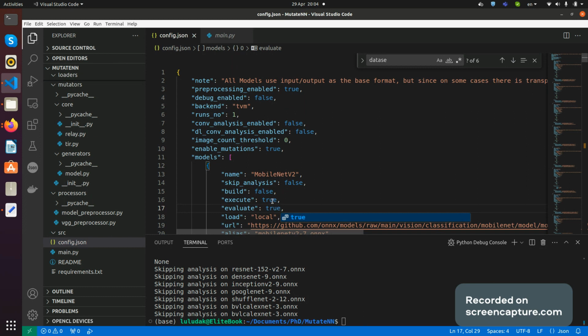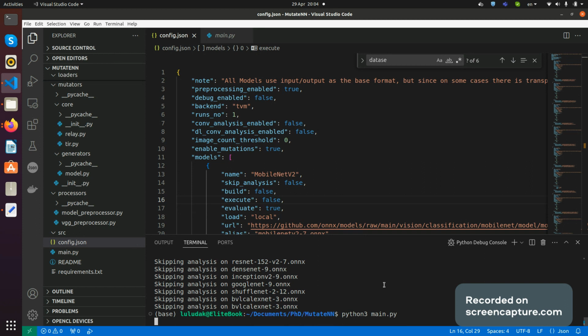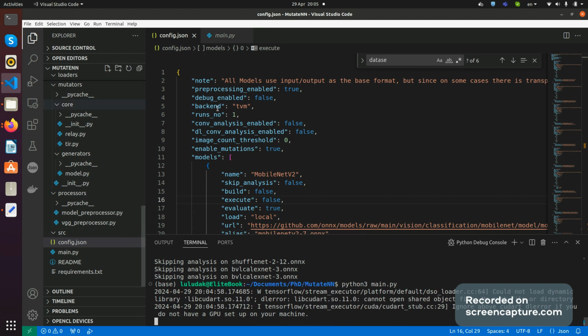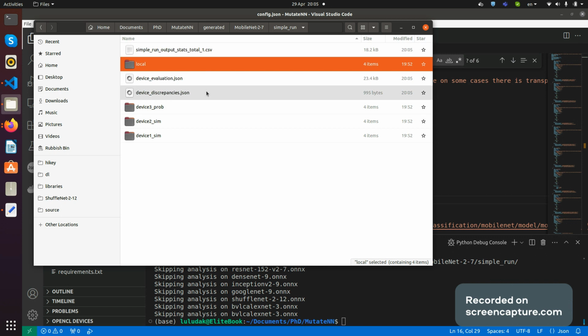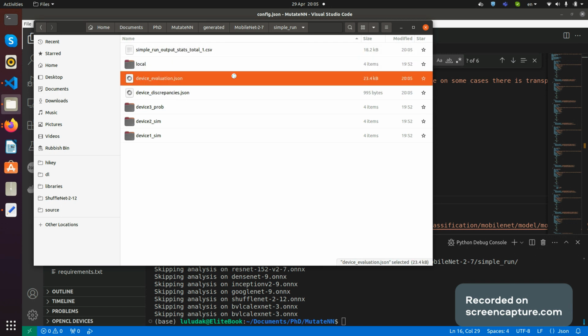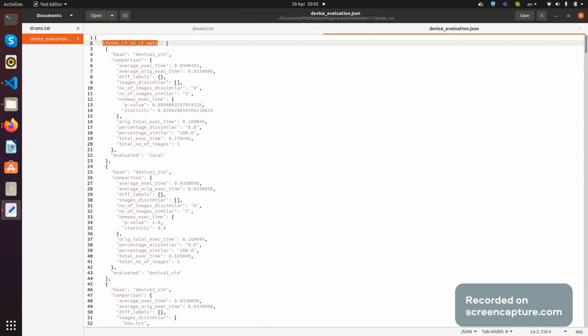So we enable the evaluate flag, and when we run it, it's going to take each one of the previous runs and our run, and it's going to perform a pairwise comparison. So as we see, it completed here. We had some previous runs on different folders, and we can see that the evaluation generated some files,